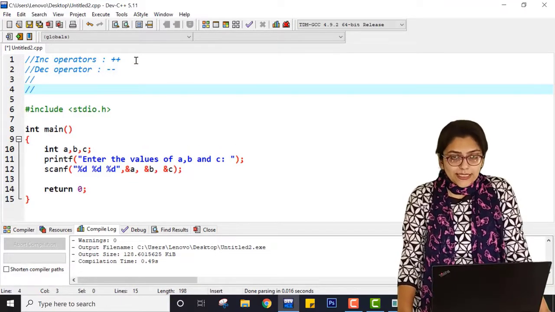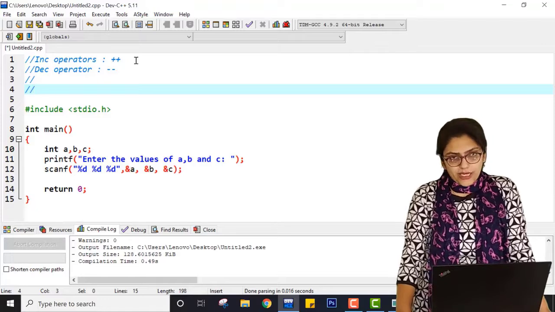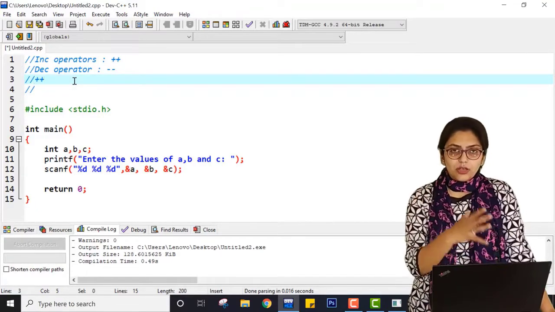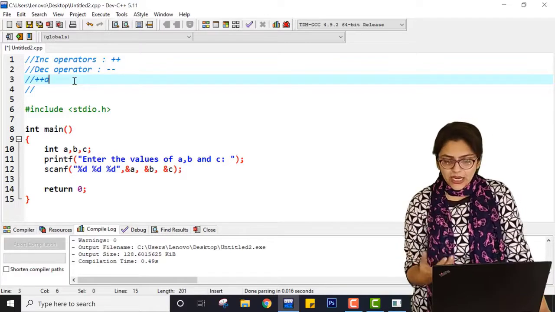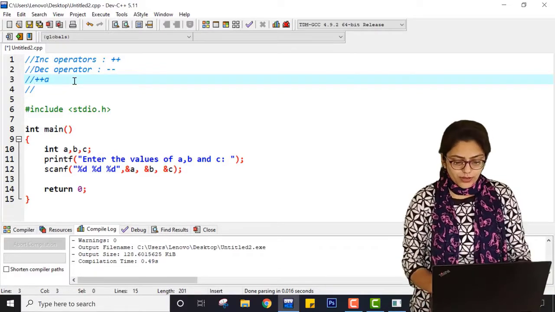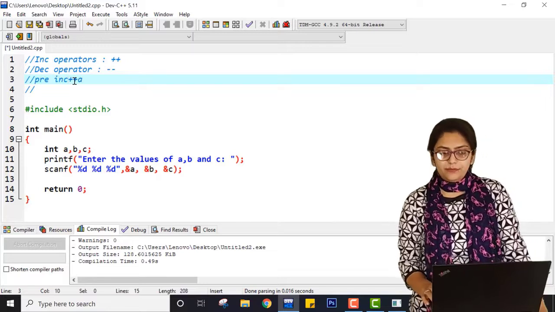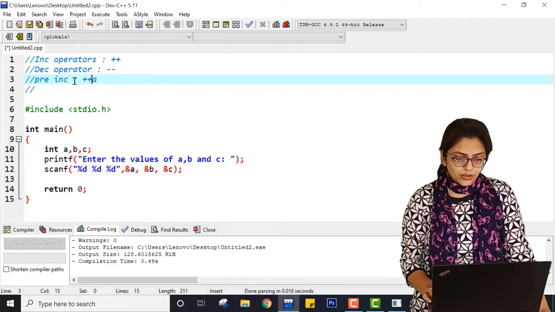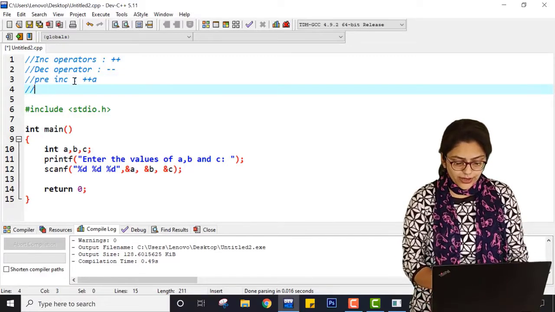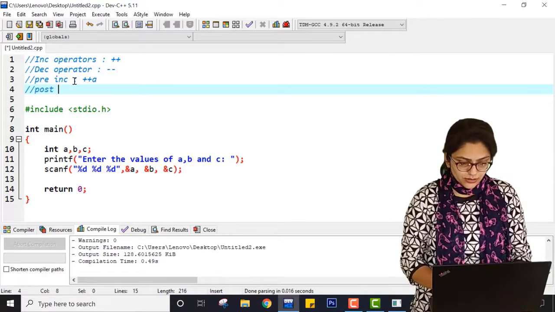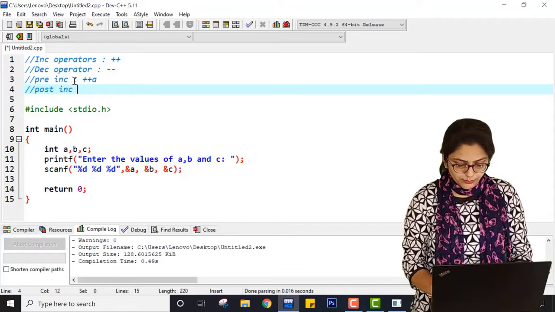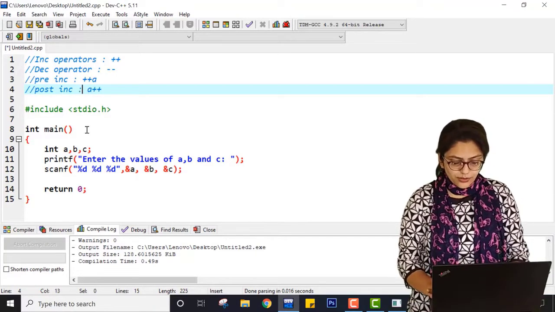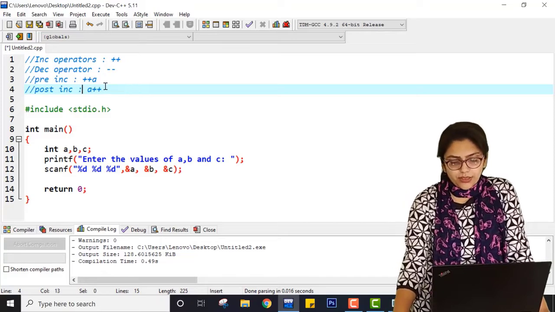One is post increment, and another is pre-increment. If you are writing this operator before the variable name, suppose plus plus A, then it is called pre-increment. And if you are writing something as A plus plus, then it is called post increment.